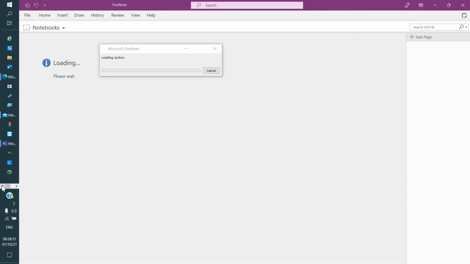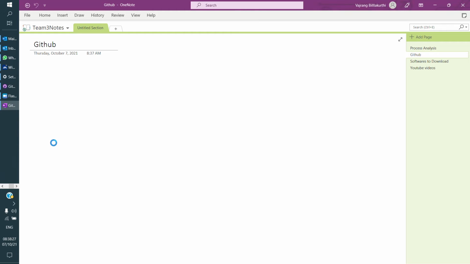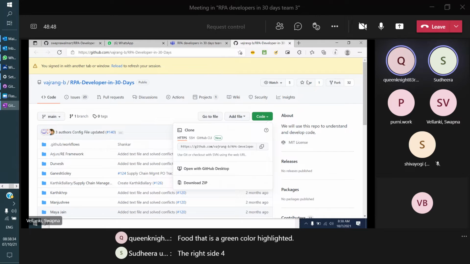Others will help, I guess. Can you help, please? You need to go to the green highlighted part on the right side, the code button. You have done the fork part? Yes, the code is showing. Okay, click on the code.